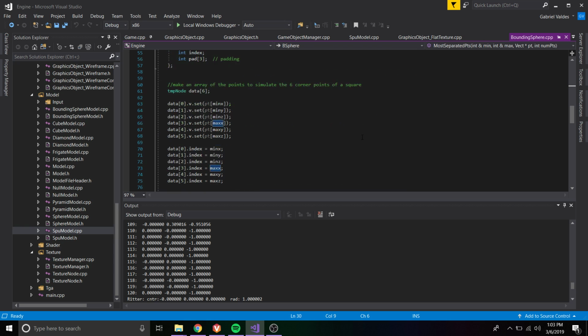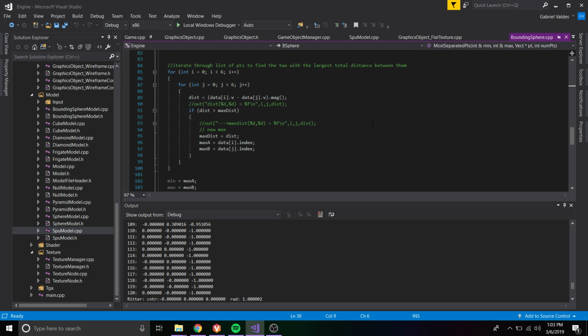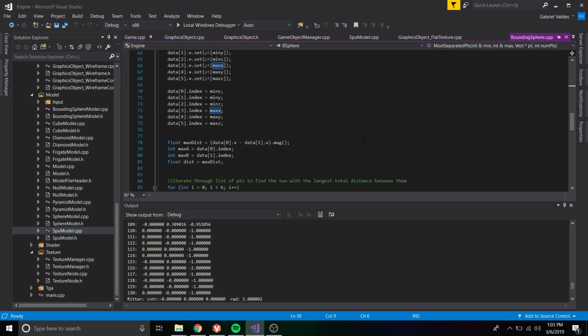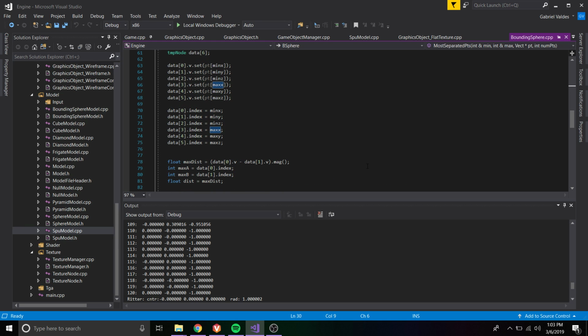And then from there, it's a lot easier to calculate where to do the jitter for the Ritter sphere. So like, is this point out of the sphere? If it is, make that the point. So it gets the 6 and then gets the max distance between